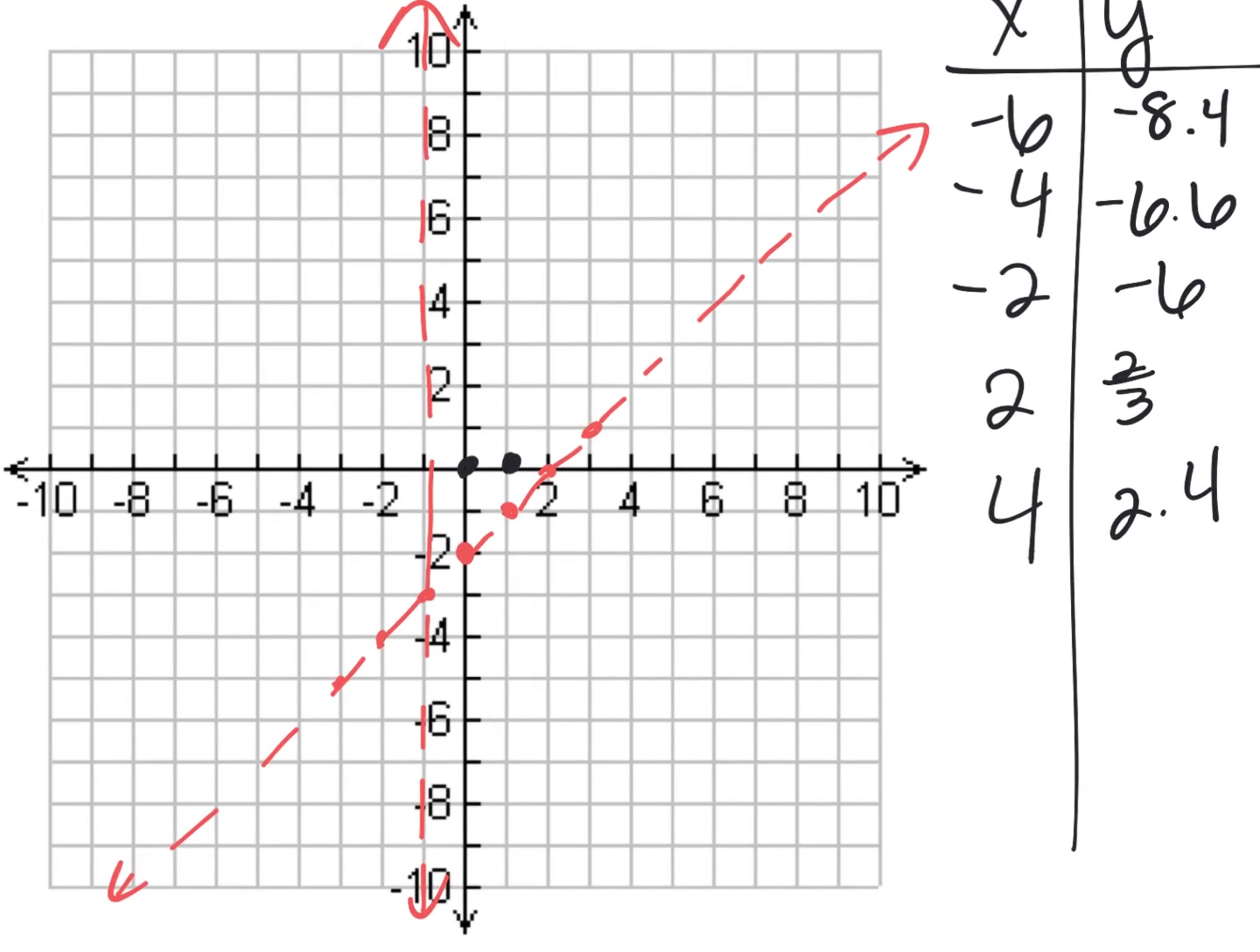So (-6, -8.4) would be about right there, I think. And then (-4, -6.6), (-2, -6), (2, 2/3), and (4, 2.4). Okay, so I know what this graph looks like because I've graphed a lot of these, but